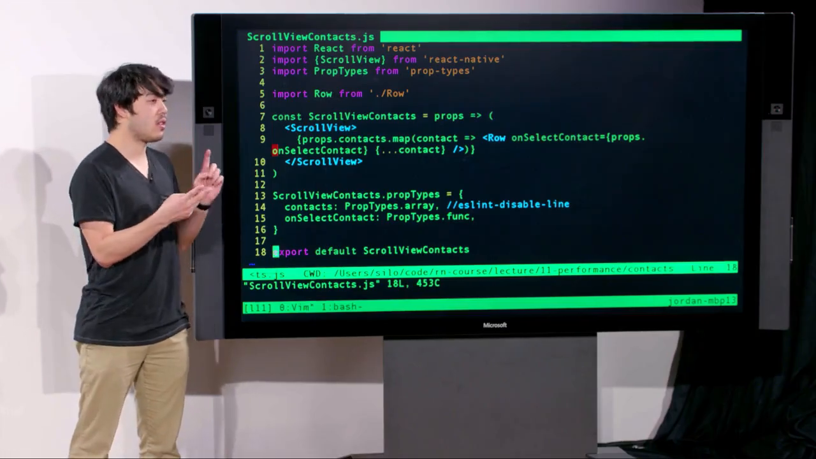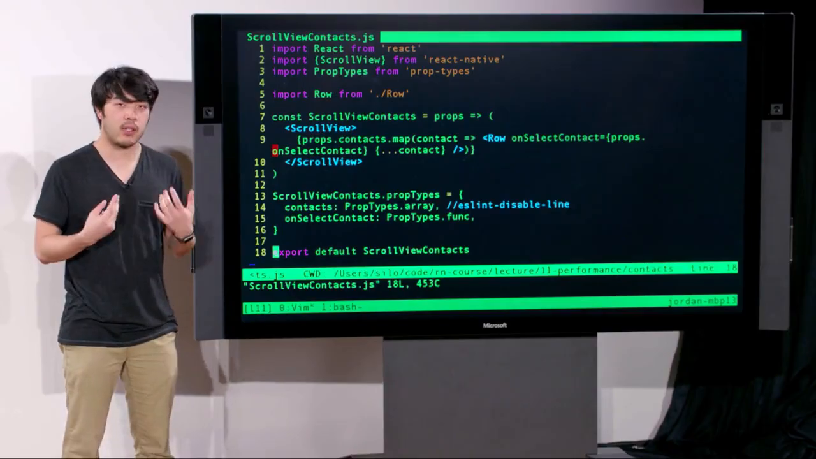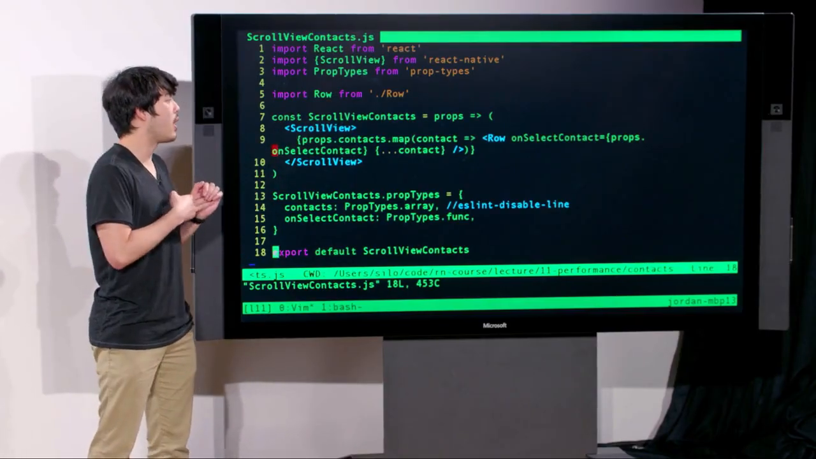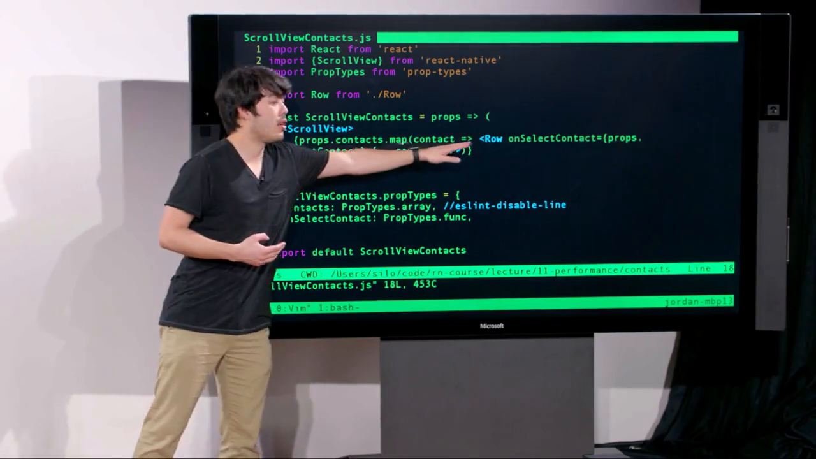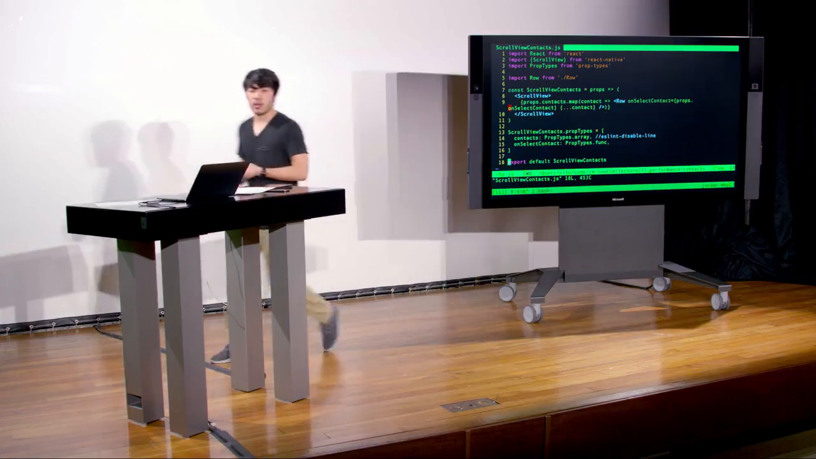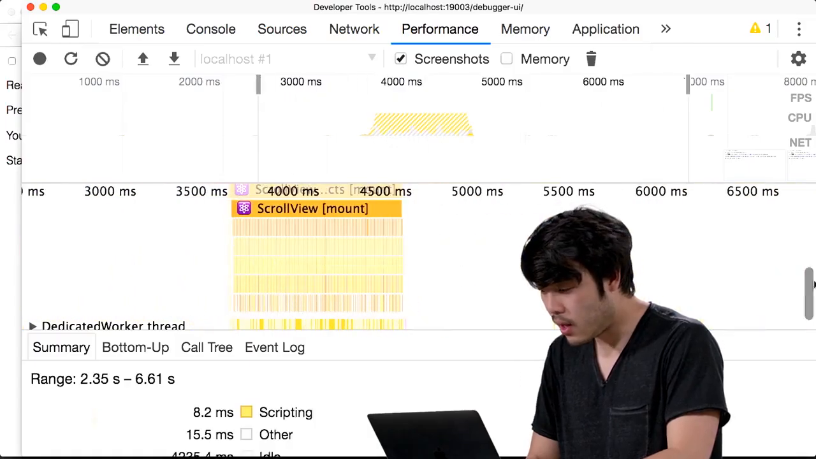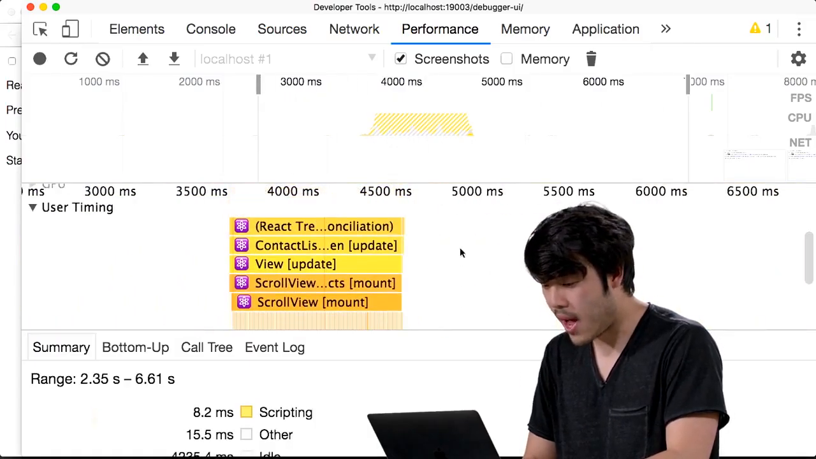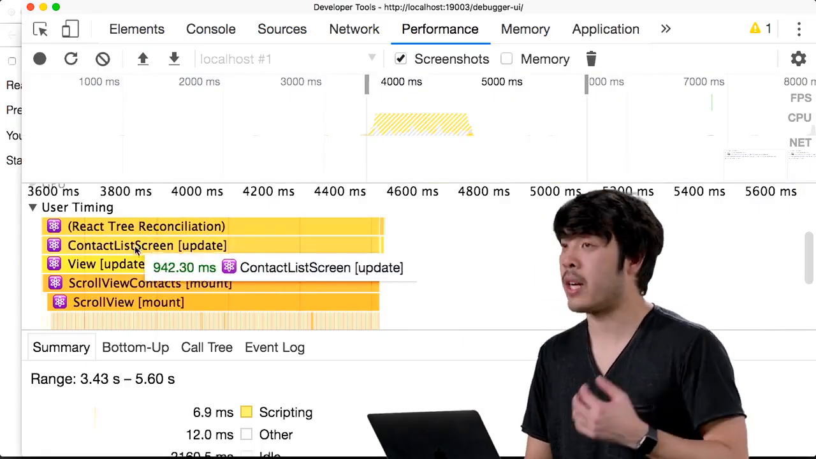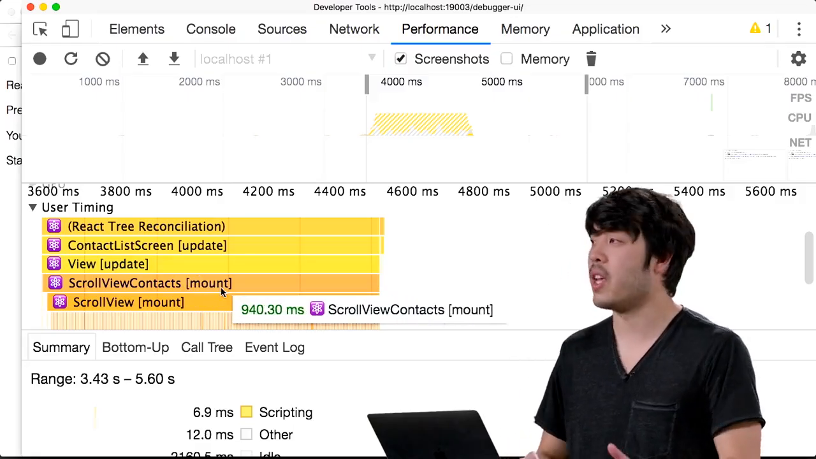We saw that it's rendering something called the contacts list screen. We saw that the contacts list screen is actually rendering the scroll view contacts. And we see that the scroll view contacts is a scroll view with a number of rows that corresponds to the number of contacts. And if we, again, refer to that flame chart, we see our app, which is the top level component. We see our contacts list screen. We then see that it has a view inside of it, and inside that view, we have our component called